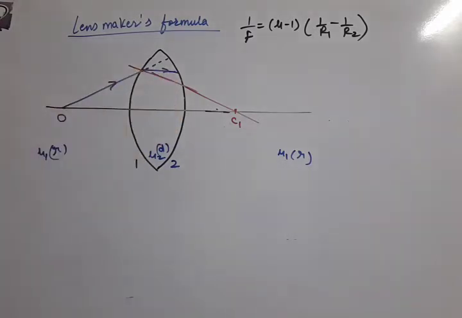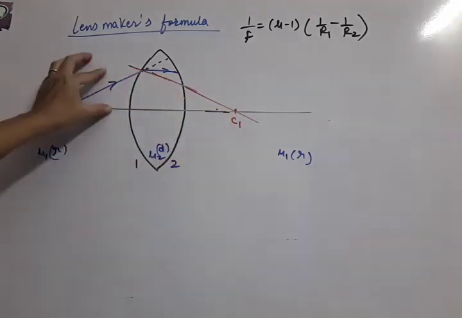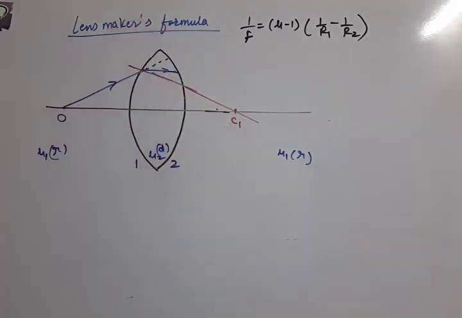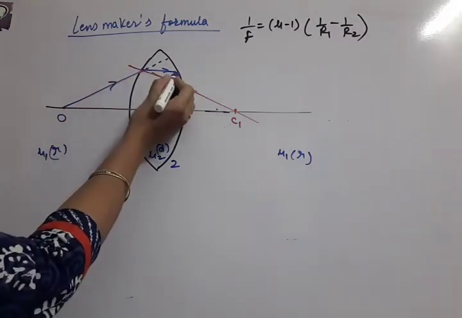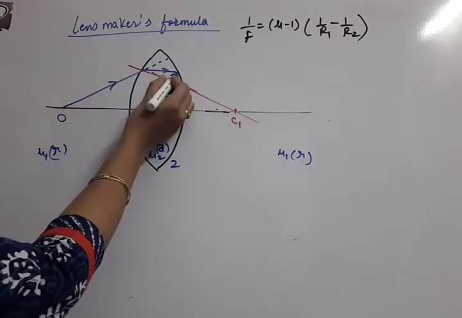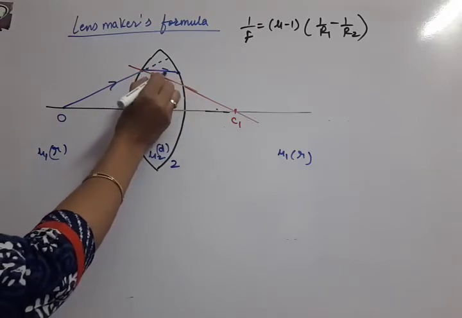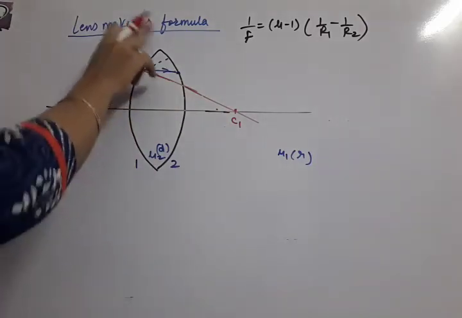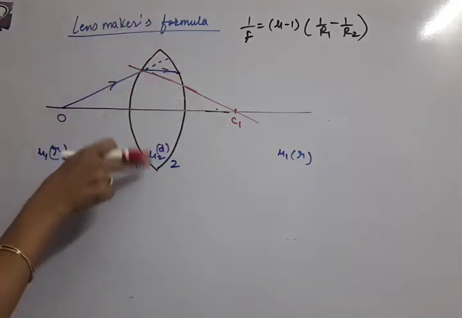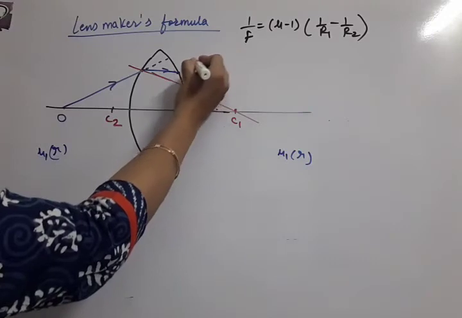You must have understood. Original ray, then this is normal. We are going from rarer to denser medium, so it should turn towards the normal. Now it will go in a straight line as long as it is in the same medium, but as soon as the ray has reached here, we are again entering from denser to rarer medium. So here we again need the help of the normal. Now this is a concave surface. Its center of curvature will be here, C2. So first of all we have to draw the normal.